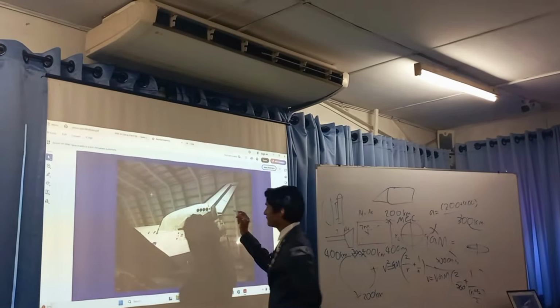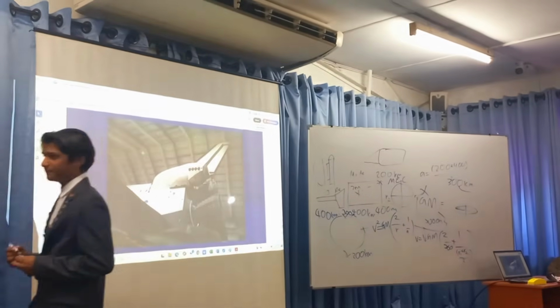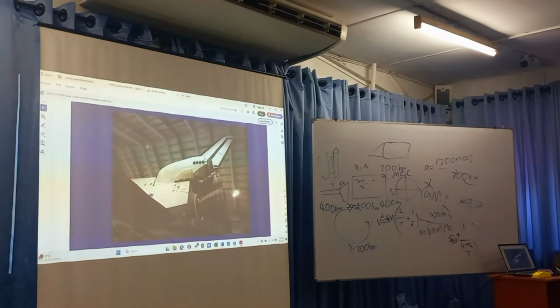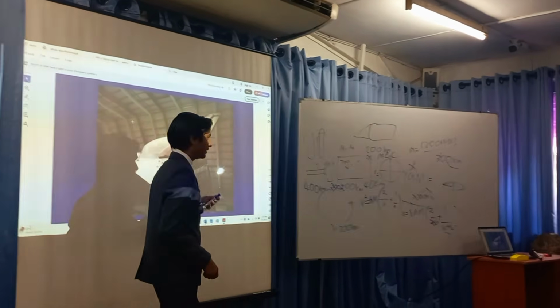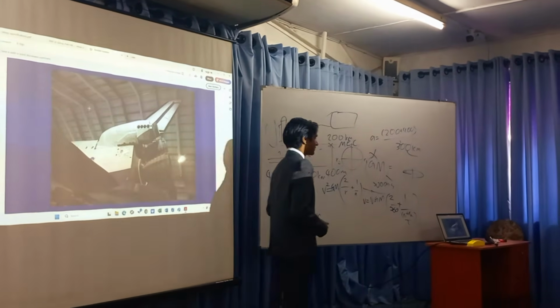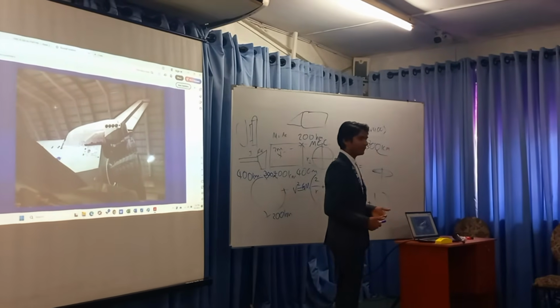This is known as the aft RCS. It's at the very back. It's responsible for small attitude changes. If the RCS thrusters are completely depleted, then OMS thrusters could possibly be gimbaled back and forth, because they also